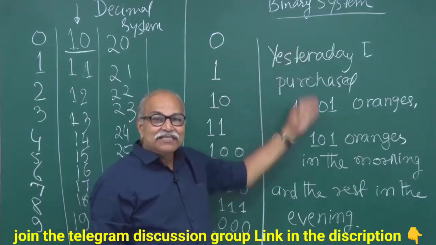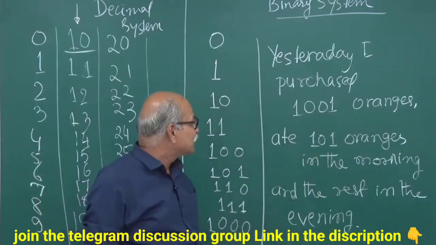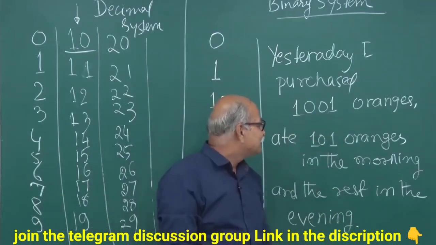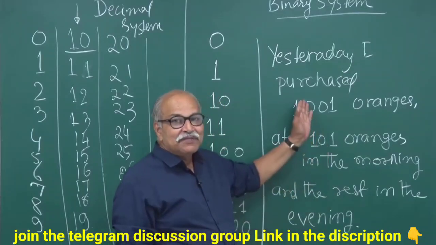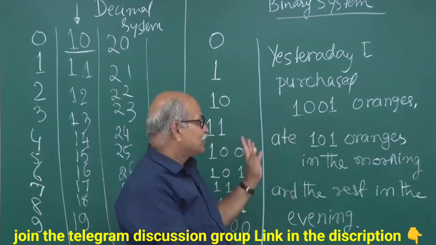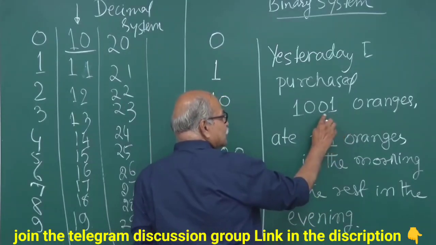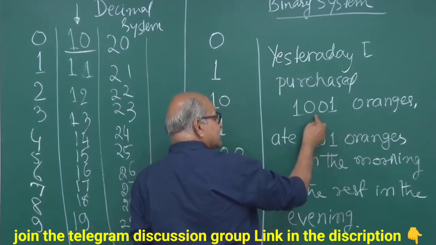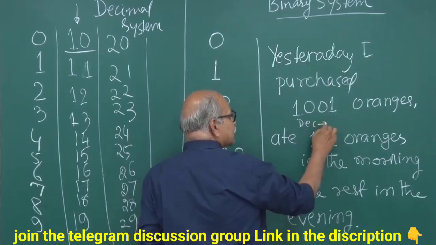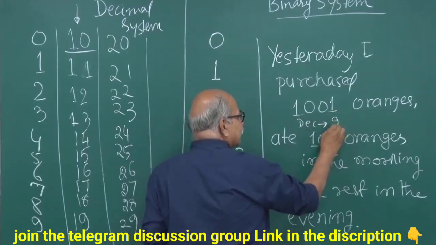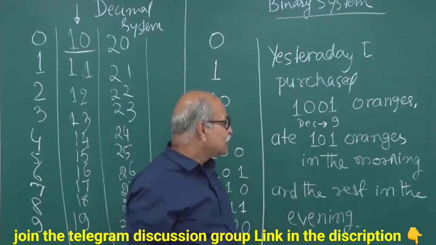Okay. So, if it is decimal system, I must be some kind of a Superman or a divine person like that. I can do whatever I like. But if it is binary system, it's very natural for us. Place value. So, this is 1, this is 2, this is 2 square, this is 2 cube. So, if I talk in decimal, the equivalence is this is 8 and this is 1, 9. I purchased 9 oranges, perfectly all right, normal.